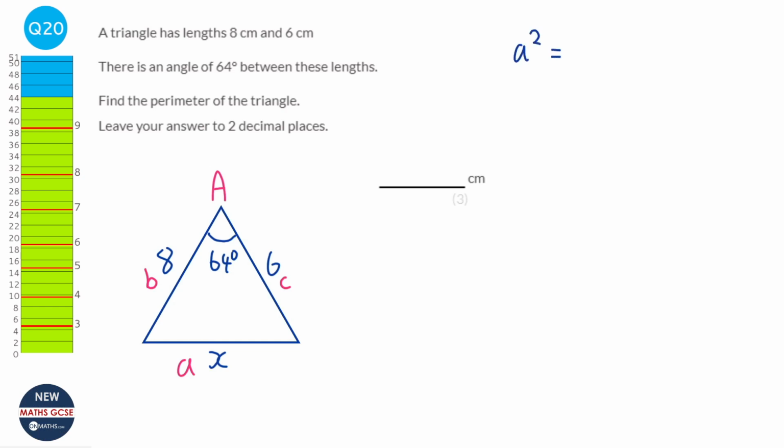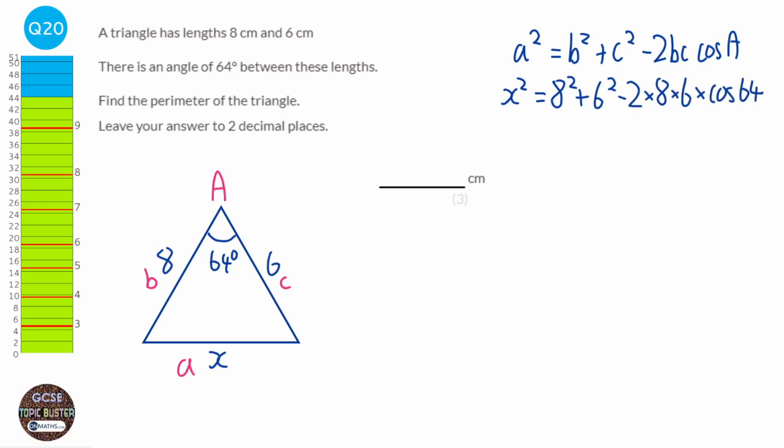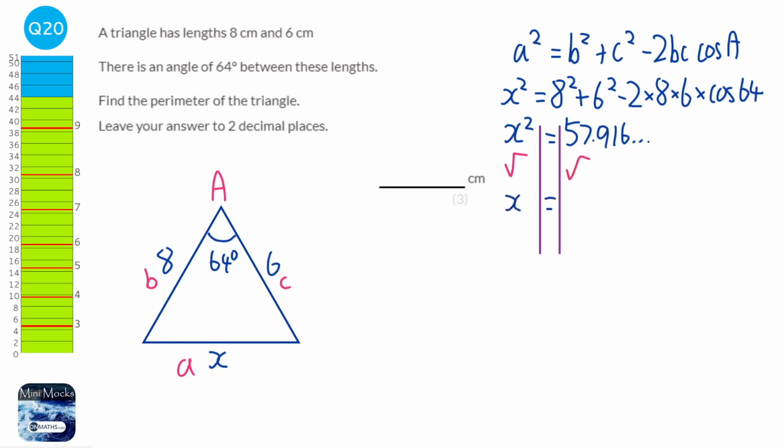So it's a squared equals b squared plus c squared minus 2bc cos a, and so that would be x squared equals 8 squared plus 6 squared minus 2 times 8 times 6 times cos 64, and that will be x squared equals 57.916 and so on, and we just need to solve this, and we can solve it by just square rooting both sides. So it would be x equals